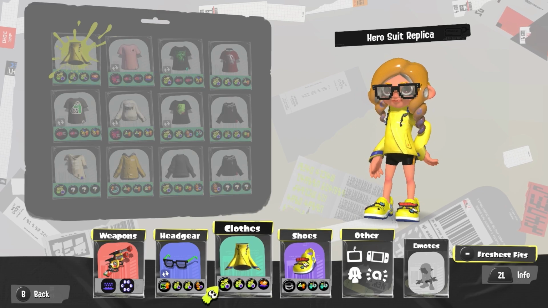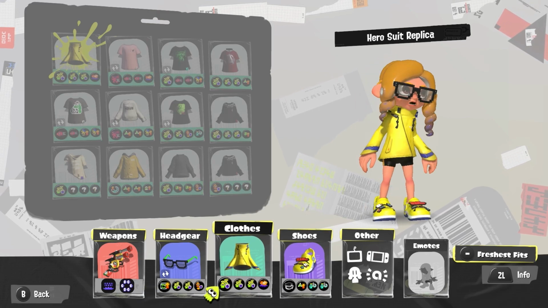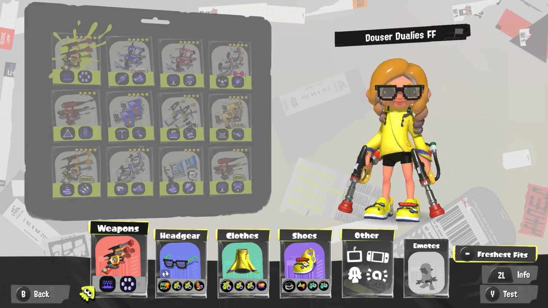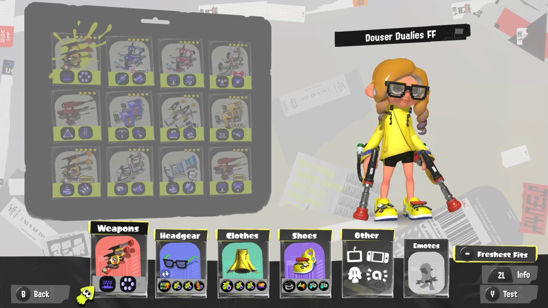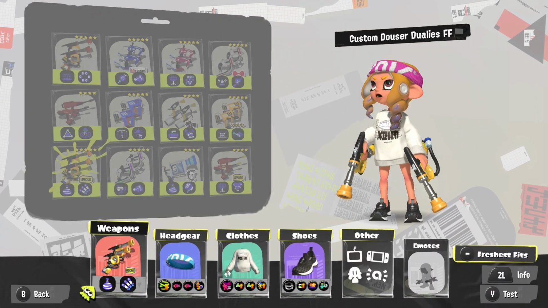And then standard utility subs, quick super jump, ingress. Yeah, it's a funny build. It's not serious. I wouldn't recommend seriously trying to use this. It's just fun. I like it though. So. Alrighty, last but not least, we have the custom Douser